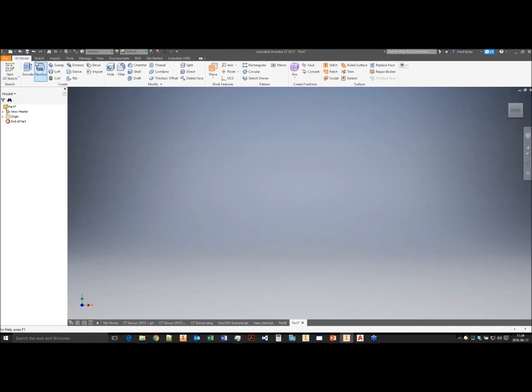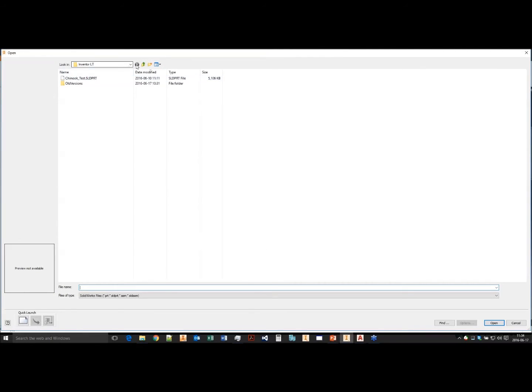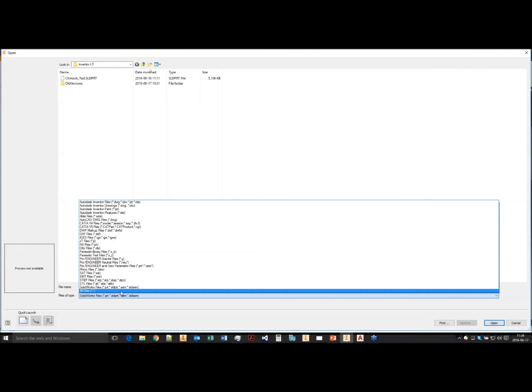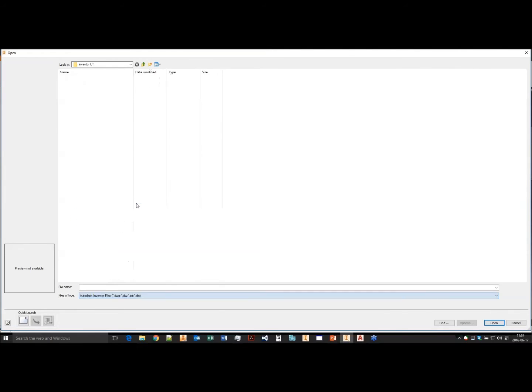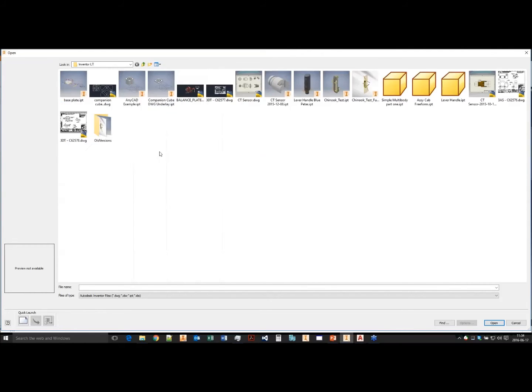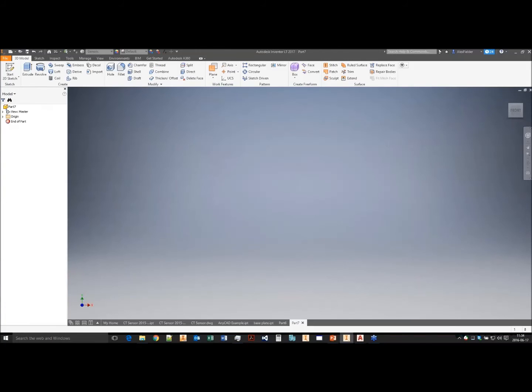So I can open that with Inventor, and I go to here, Assembly CAD Freeform. Once that opens,